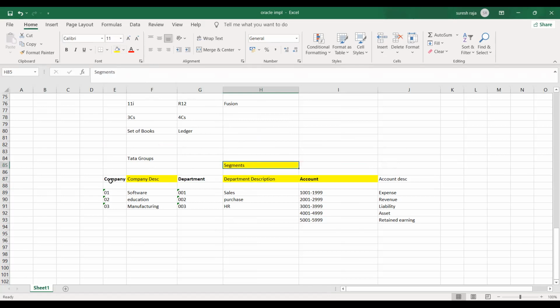So what is this? You cannot type the company name each time, it is very big, no? That's why we have this code. Oh, I gave it wrongly. So this green color is called value set. Okay, I'll write here. Value set. Only GL will have this, otherwise normal business scenarios only. So these are all value sets.